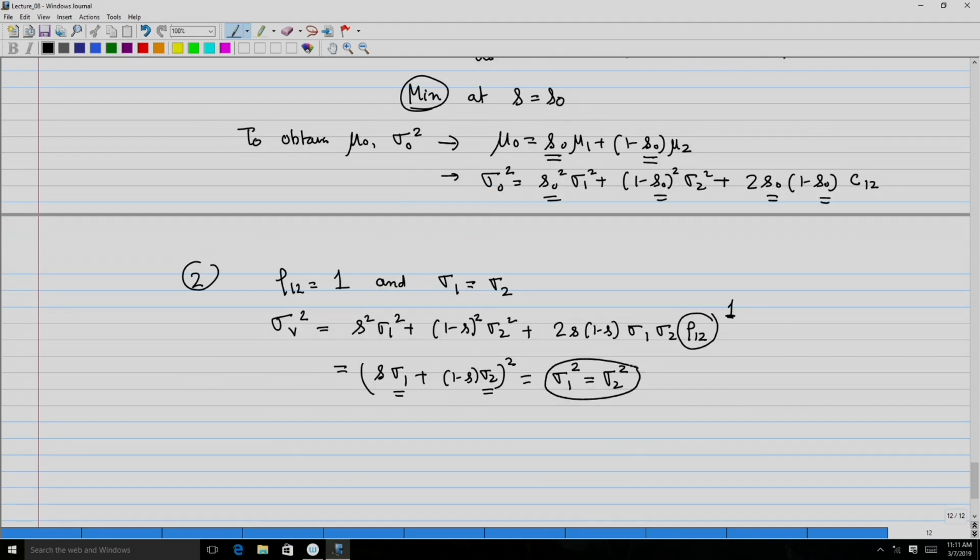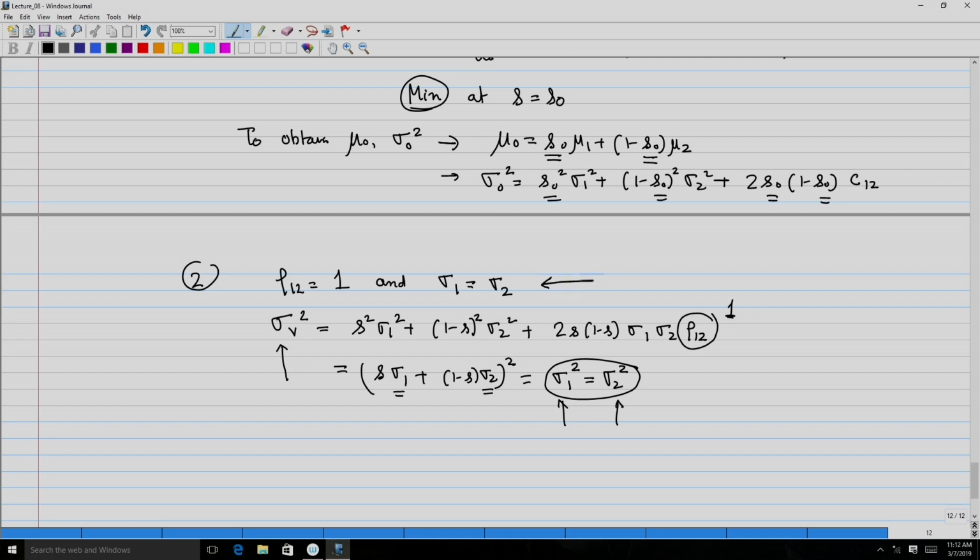So, this is a very interesting observation that irrespective of what the weights are, you end up getting the same portfolio risk or variance, which is equal to the variance of either of the individual assets. So, it does not matter in what proportion you invest in each of the assets. You may even invest all your money in the first asset or the second asset, or you can take a combination of both. In all cases, the variance is going to be exactly identical,